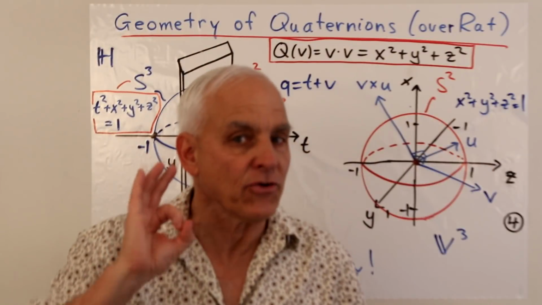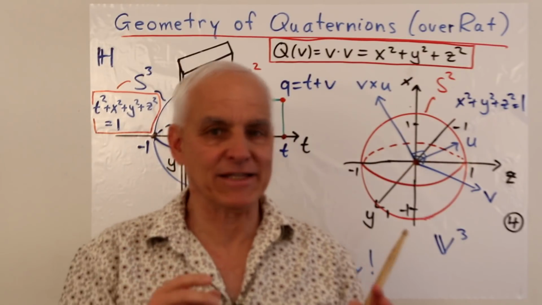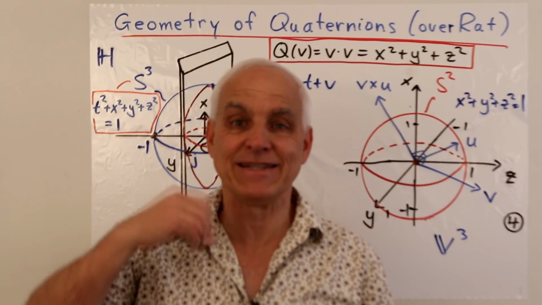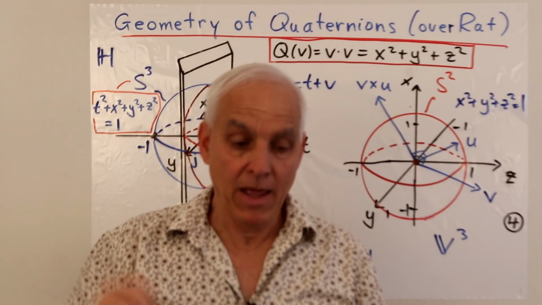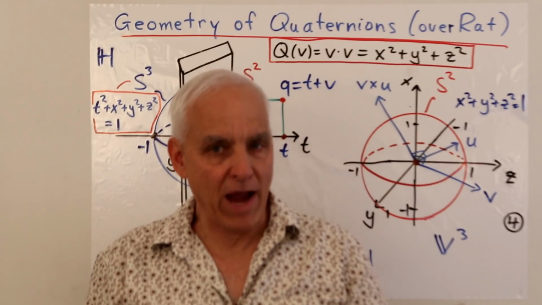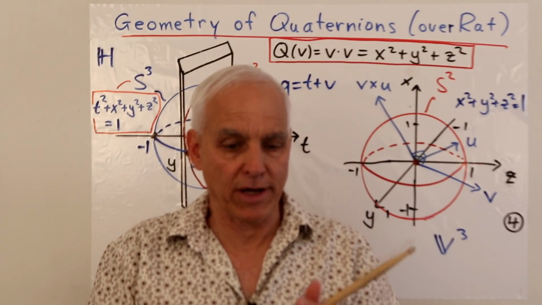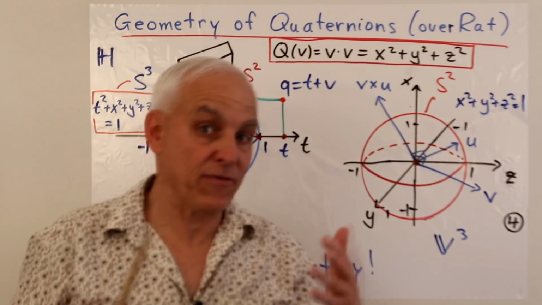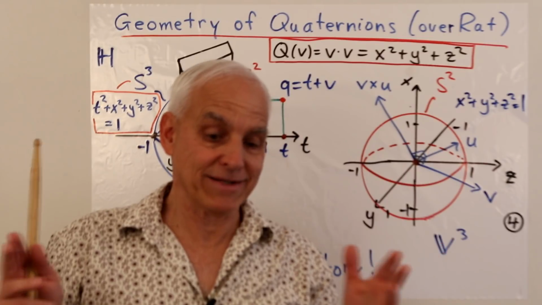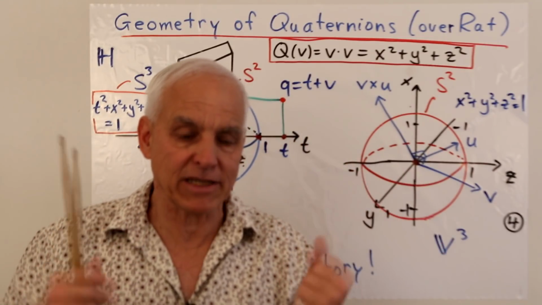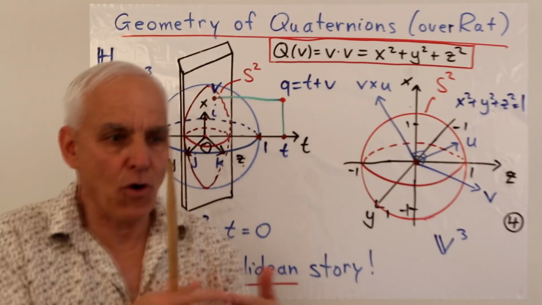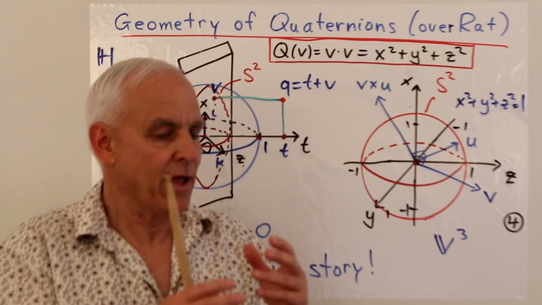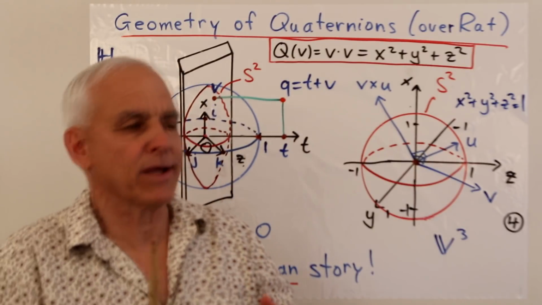Now, in order for us to understand the geometry of the dihedrons, it's really good to understand the quaternions first, because it turns out they are simpler geometrically, at least if we look at them over the rational numbers, the more or less standard orientation. So let's start with quaternions. Now, this is a four-dimensional situation, okay, so it is beyond our direct experience. But nevertheless, we can kind of go from analogy, because we can go from 2 dimensions to 3 dimensions and see what happens. And then going from 3 dimensions to 4 dimensions, we can kind of get a sense of